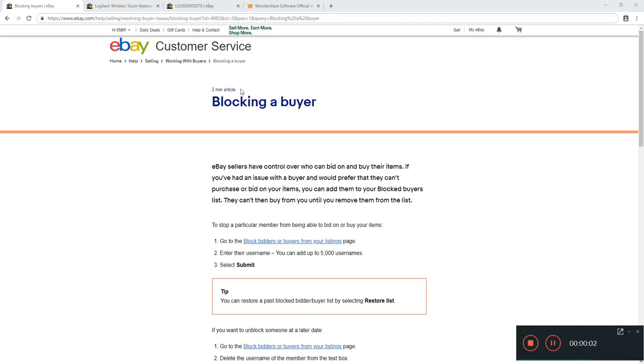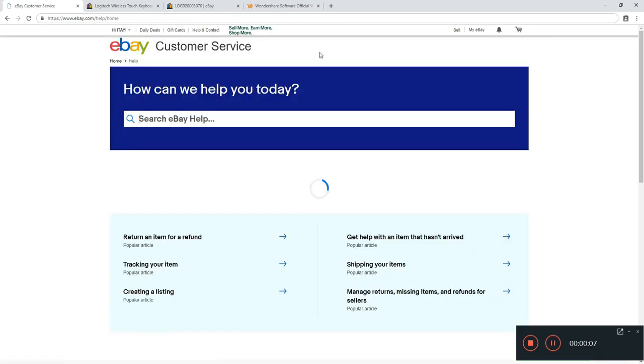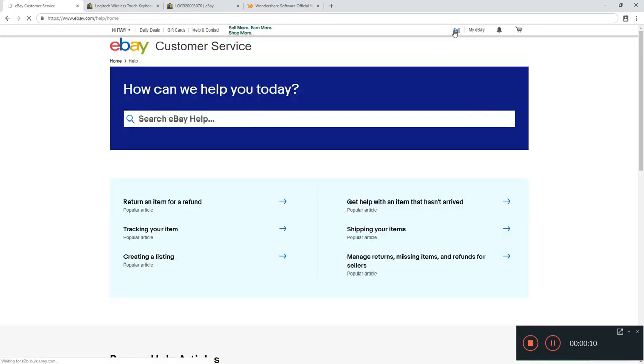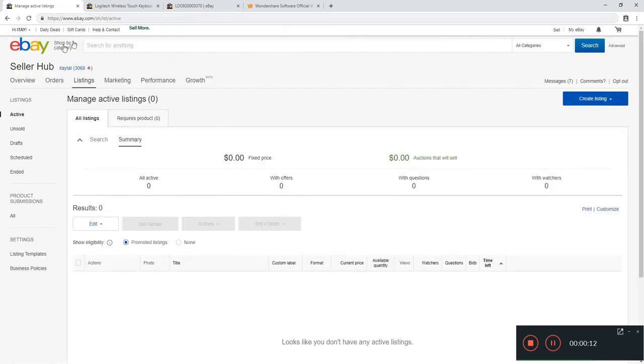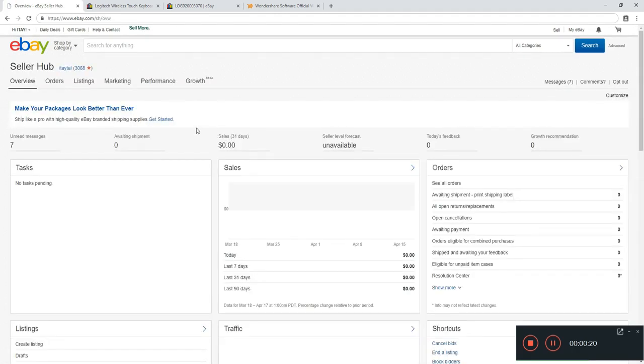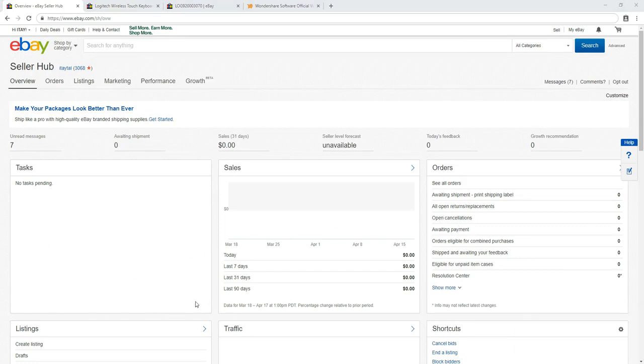After we're done with eBay customer service and the help and content tab, let's move on and see sell over here. When I click on sell, it will bring me to my Seller Hub. Seller Hub is my main dashboard. All the activities for me as an eBay seller will be here. It will show me my daily sales, weekly sales, monthly sales, 90 days, and my tasks that will jump up over here. That's my demonstration account. You won't see it, but once you start to sell, you will be able to see all these